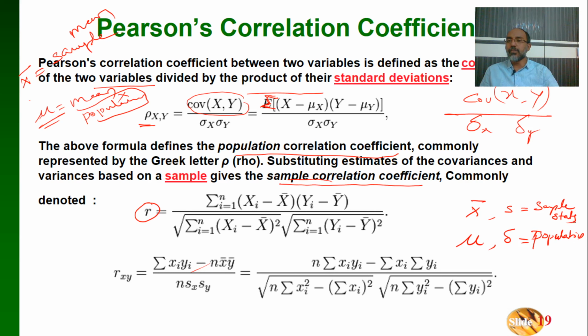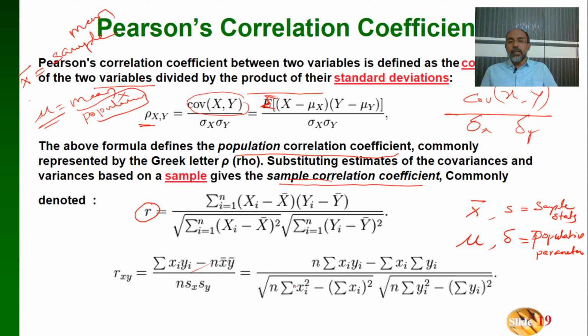What we call it is, instead of calling statistics, parameters, we call it population parameters, and sample statistics. So when your calculation is based on the sample, it is called sample statistics. When your calculation is based on the population data, the entire data of the population, then it is called population parameters. So the same formula is written in this way: sigma xy minus sigma x into sigma y divided